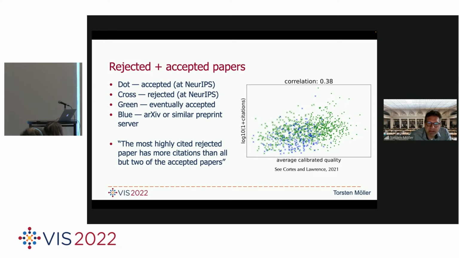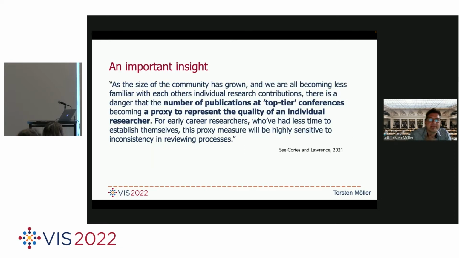And here I'm quoting the paper: the most highly cited rejected paper has more citations than all but 2 of the accepted papers. Now you can say that maybe that is an outlier after all. But if you look at the figure, it's not so much of an outlier after all. And some of the conclusions that the paper drew was